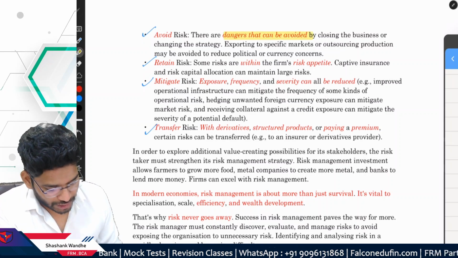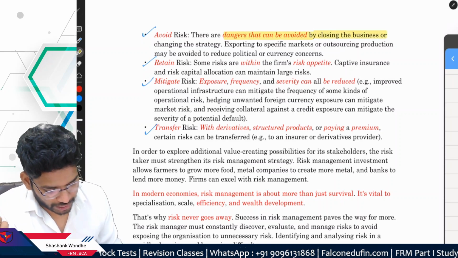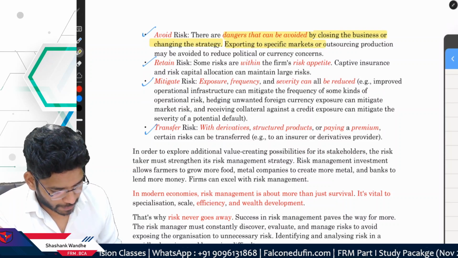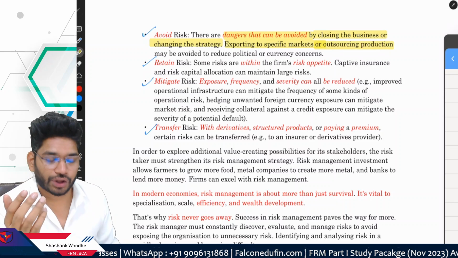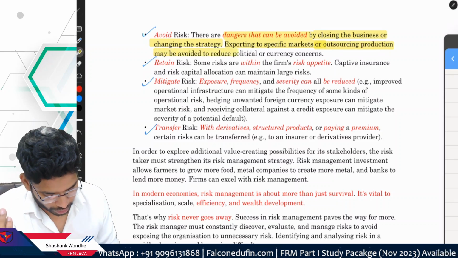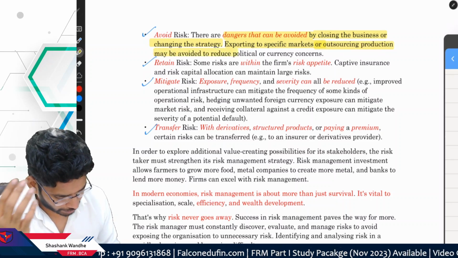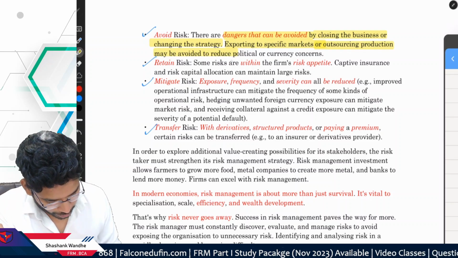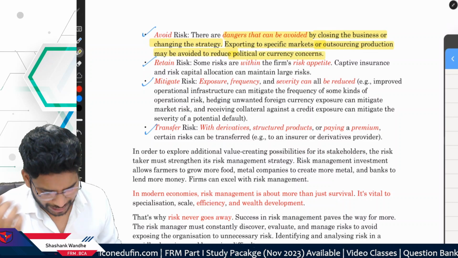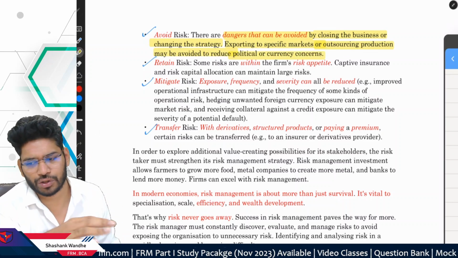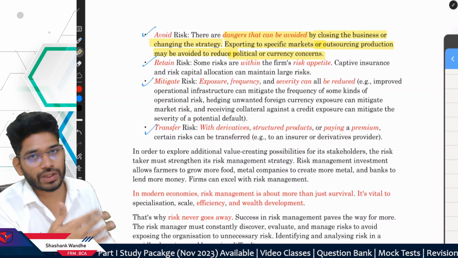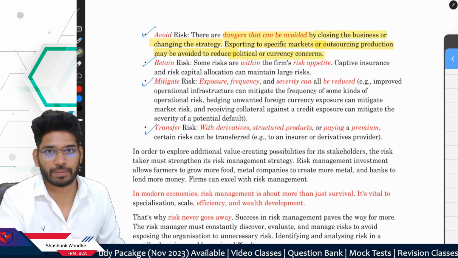Now, there are dangers that can be avoided by closing the business or changing the strategy. Exporting to specific markets or outsourcing production may be avoided to reduce the political and the currency fluctuation concerns. Don't bother about the example. It is simply that you have to take some measures to avoid the risk by not entering into the business or